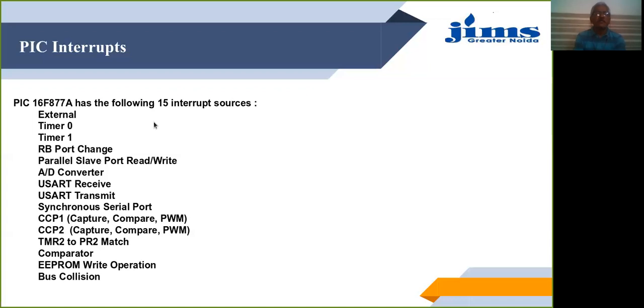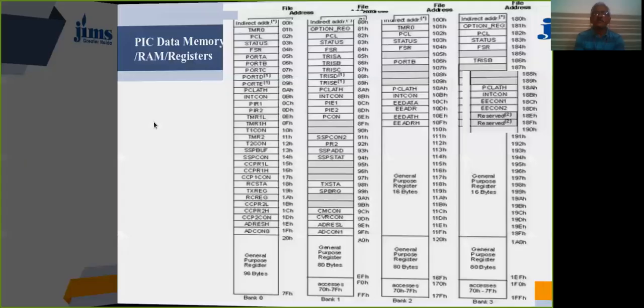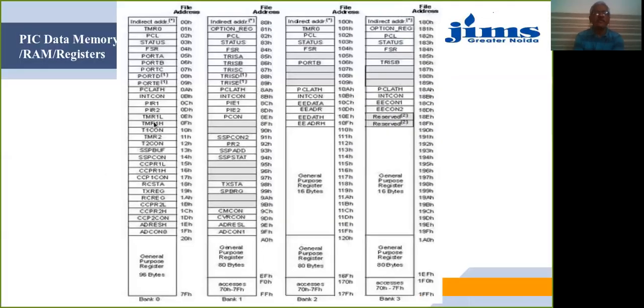Now let's understand this register file. We have already seen it, but let's study this particular table again, specifically for the purpose of interrupts. We know this register file, or this RAM area, or the data memory. So what does it quickly contain?